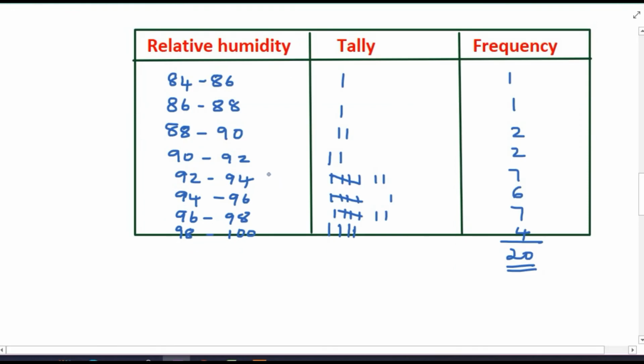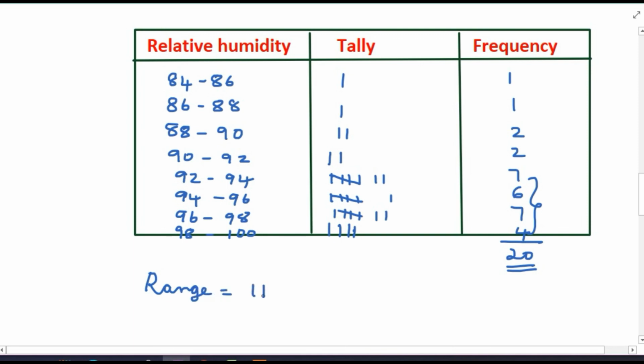So we can see the frequency distribution table, and we can see the high humidity rate here. The relatively high humidity represents that the data is about a month of the rainy season, because they have asked which month or season you think the data is about. We can see that the humidity rate is high: 94 to 96 has 6, 96 to 98 has 7, and 98 to 100 has 4. So this data is about the rainy season, and we need to find out the range of the data.